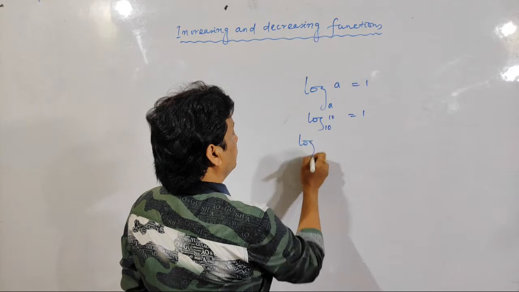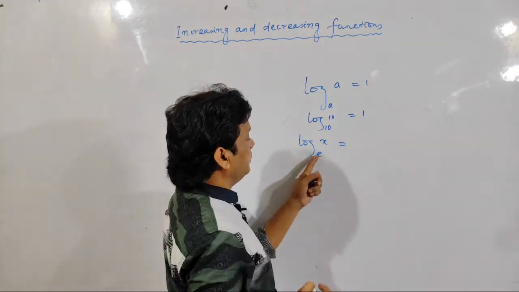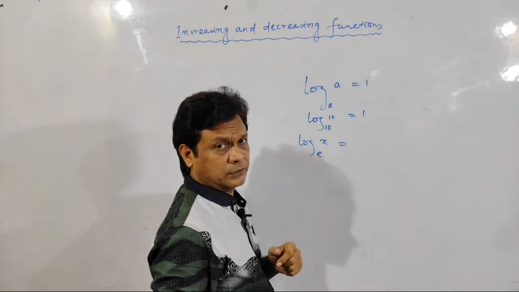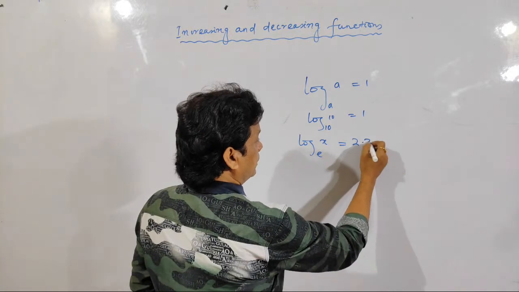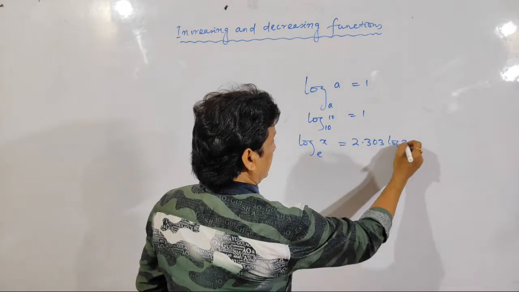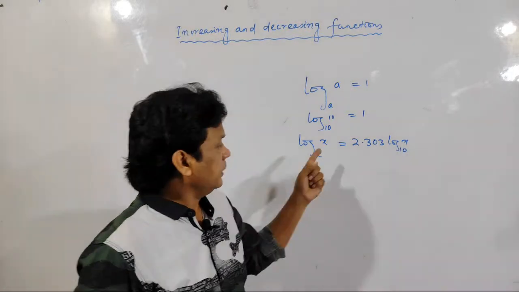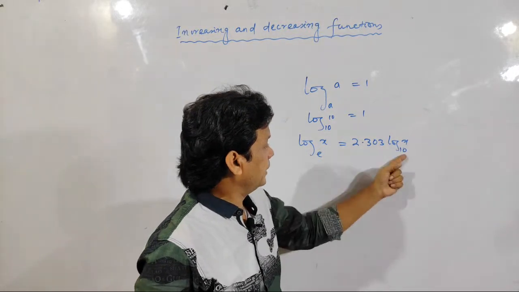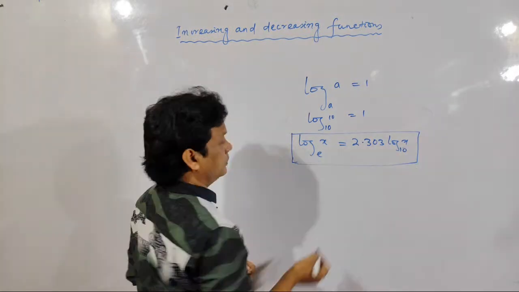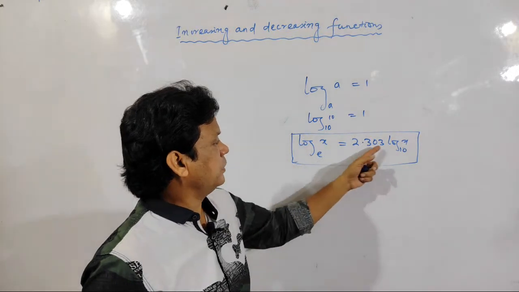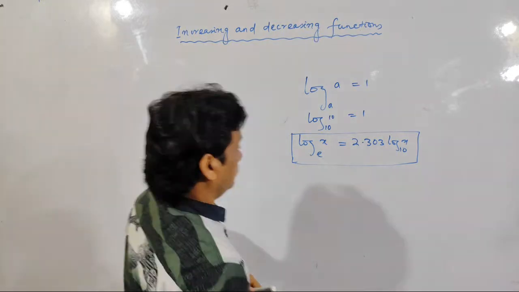And now see here, log x to the base e. If you want to convert base e to base 10, already you have read in physics and chemistry, it will be 2.303 log x to the base 10. If you want to convert log base e to base 10, this is the rule. You should remember, log x to the base e is equal to 2.303 log x to the base 10. Okay, now